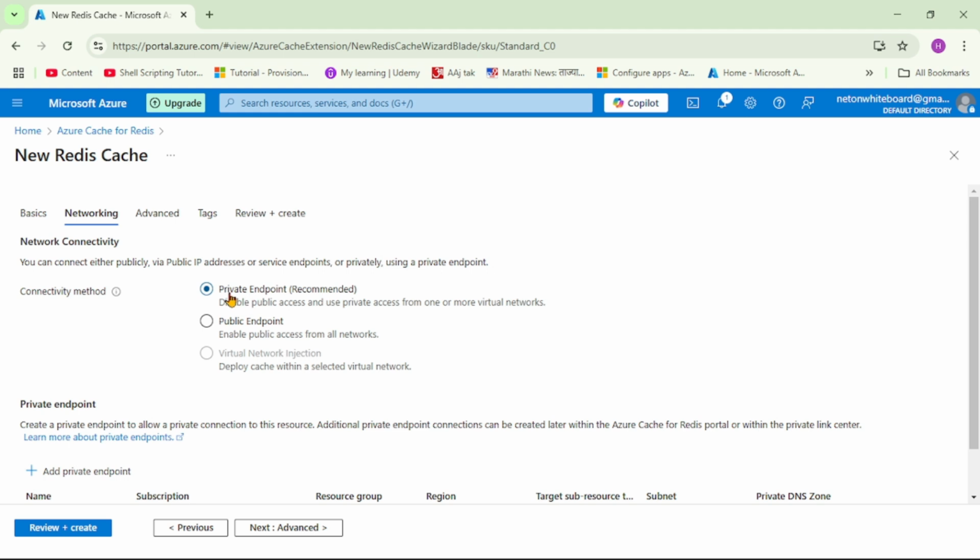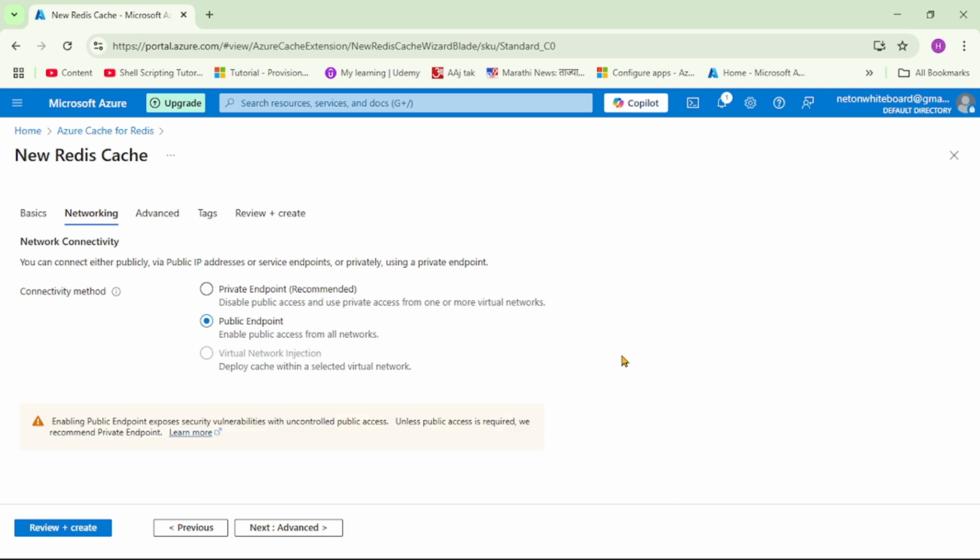Again guys, for now simply ignore what this private endpoint is, and let's select the public endpoint option. That means we can connect to our cache from public network. And one more thing, can you see this virtual network injection? Again, we can put our cache in virtual network, but it is supported only in premium SKU. So for now let's simply ignore it and we will see it in our upcoming videos. Now I will say next,